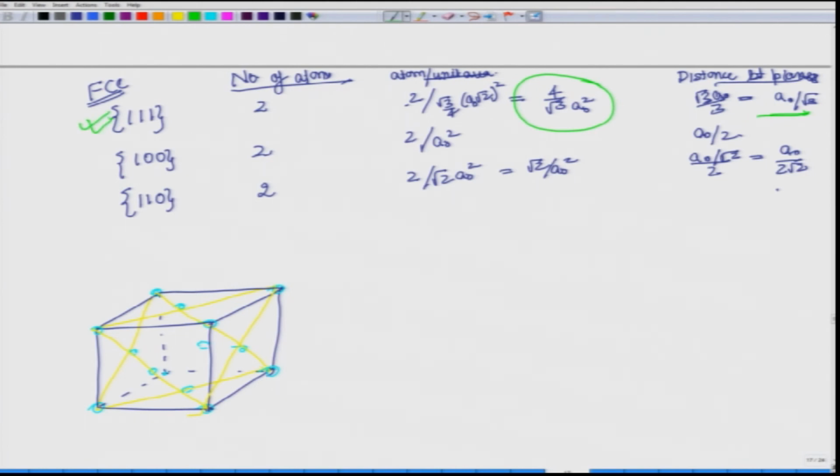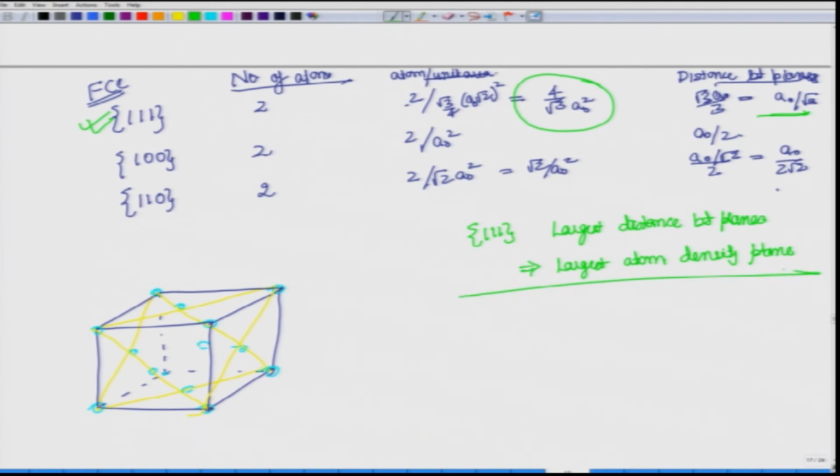Therefore, in FCC, 111 has the largest distance between planes, which implies largest atom density. So, yes, again I take back what I said earlier, that this will become the largest atom density. So, 4 by root 3 is greater than 2 is greater than root 2. So, this is the largest atom density plane,